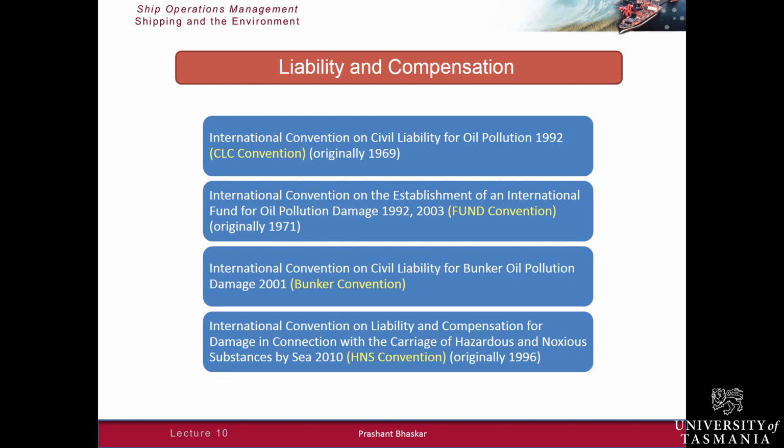Basically, the International Convention on Civil Liability for Oil Pollution Damage, the CLC convention, the first one on the slide, is based on the principle of strict liability, which means that owners of tankers that spill oil are liable regardless of whether they are actually at fault or not, with a few minor exceptions. Under the CLC convention, a tanker owner has to maintain insurance or similar financial security to cover their liability against pollution damage. They also have to carry on board each tanker a certificate showing that they do have the insurance cover. For most ships, that insurance cover would be provided by the protection and indemnity clubs, or P&I clubs.